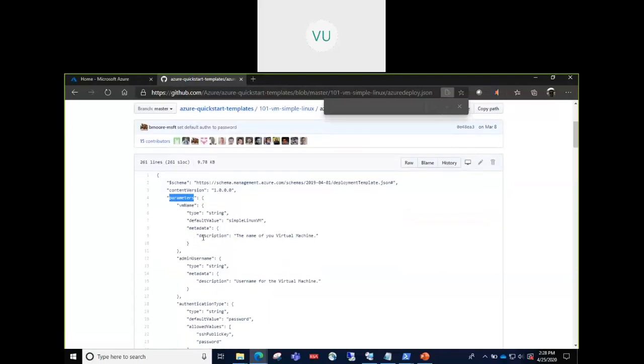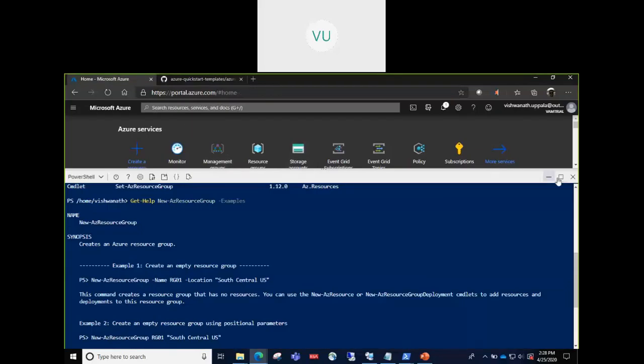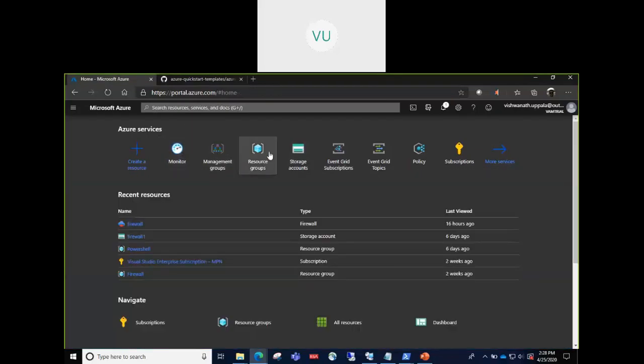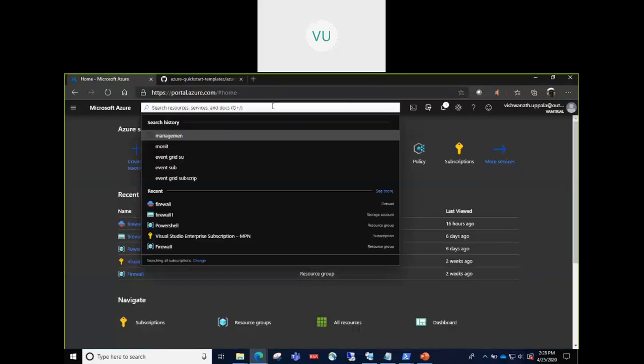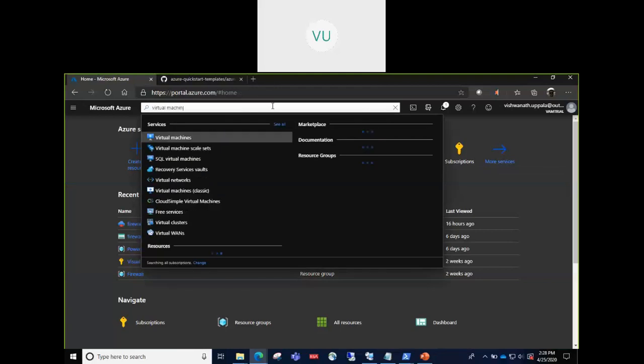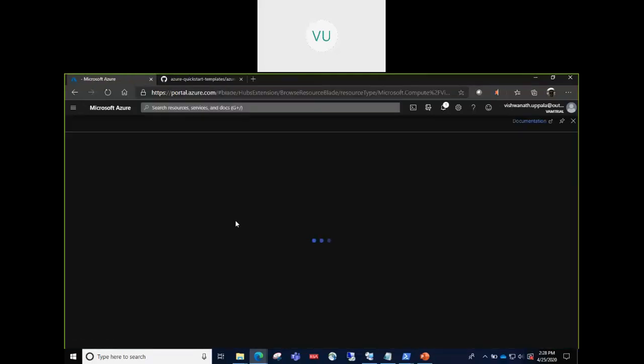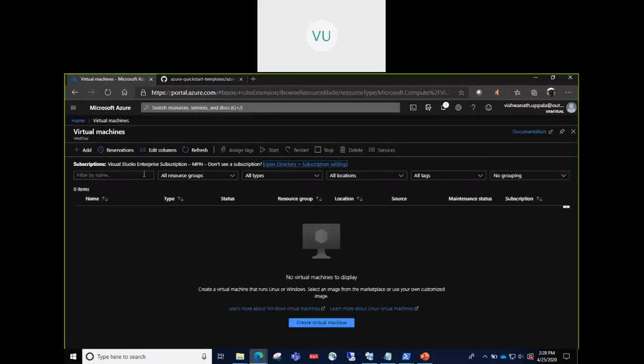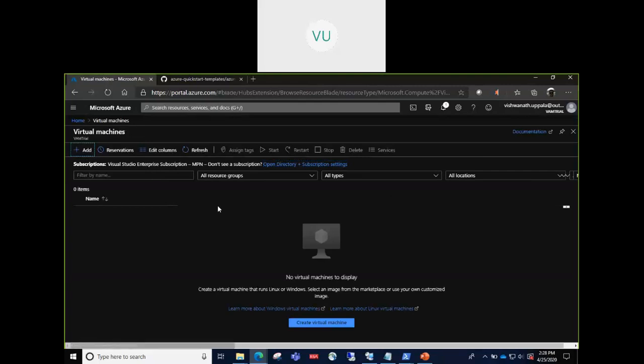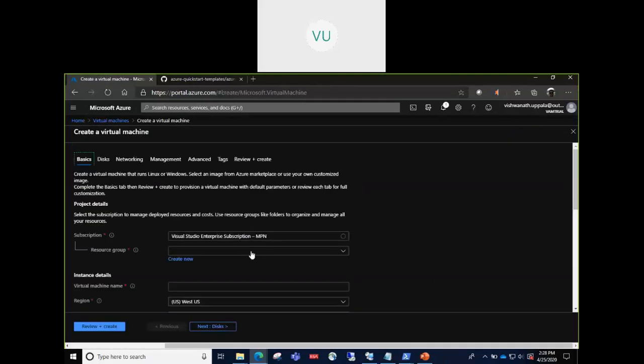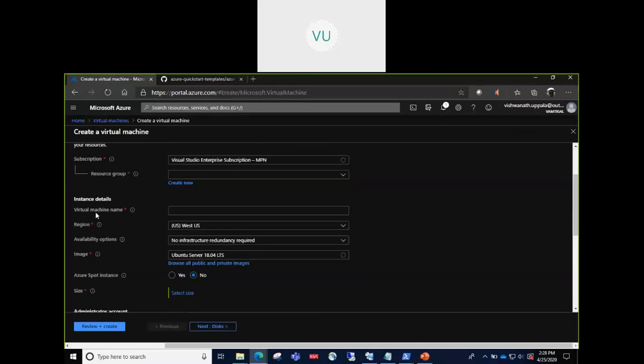So what parameters would you normally give? The VM name, because this is the same parameter list. If you go through the virtual machine creation experience in the Azure portal, here you're giving this virtual machine name, right?